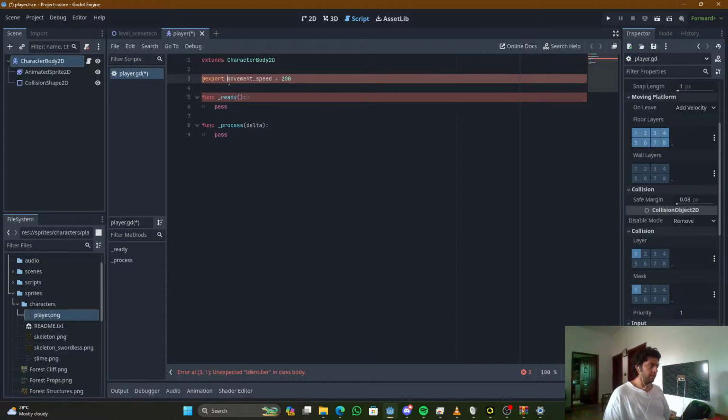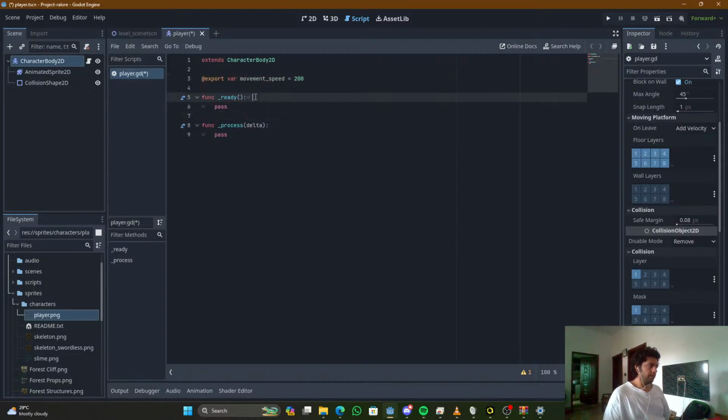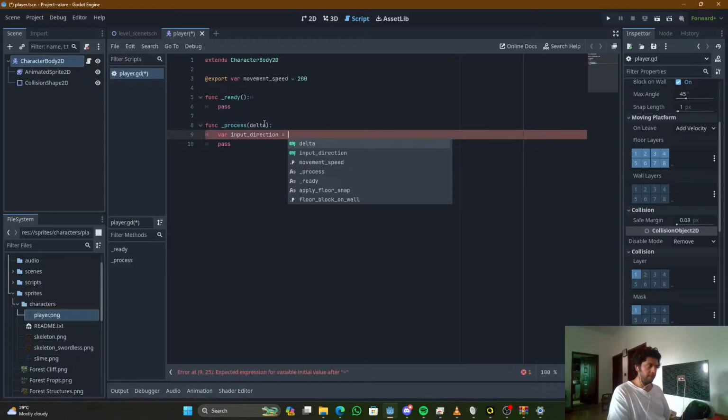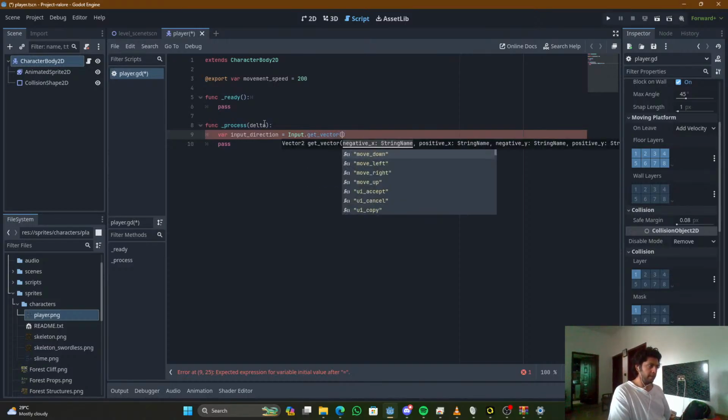Unexpected identifier. Okay, so I need to specify this. Adjust it. So first, we need to have variable input direction, and that's gonna be Input.get_vector. Start with left,